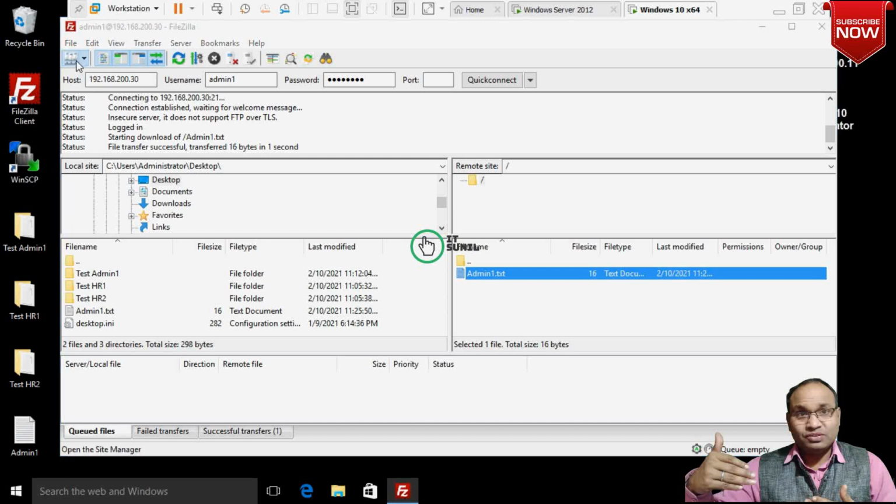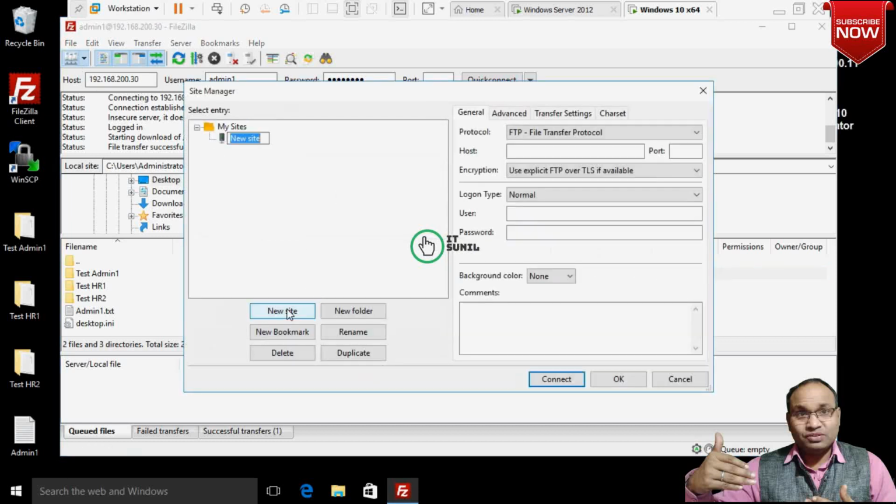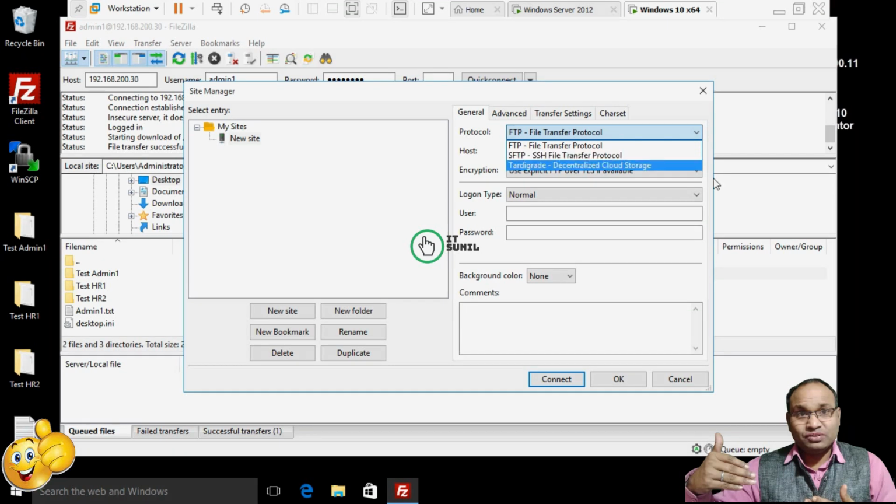If you want to save it, you can save it: 192.168.200.30, port number 21, you can write here. If you select other ports, you can change here to SFTP, like the SSH port. You can also connect with the SSH port. SFTP is secure file transfer protocol.